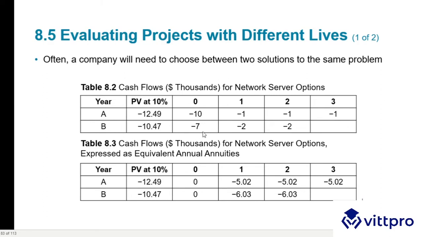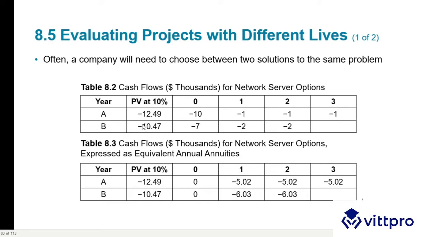And option B is you spend $7,000 now, and after that $2,000 each year, for 2 years only. So you will calculate the NPV, which means over 3 years you will spend 12, and over the 2 years you will spend $10,000. If you just follow only the present value, you are likely to choose project B because it has a